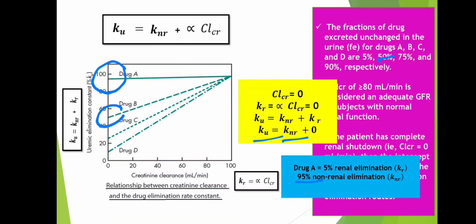So you can find drug B at 50%. Similarly, drug C is eliminated 75% via the renal route. That means 25% is eliminated via the non-renal route, and Ku equals KNR. Therefore,